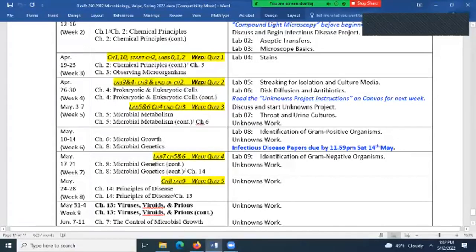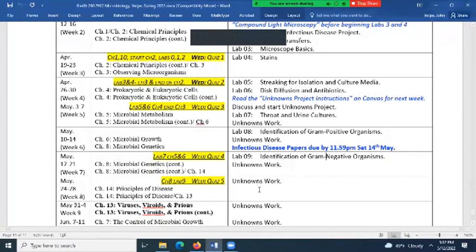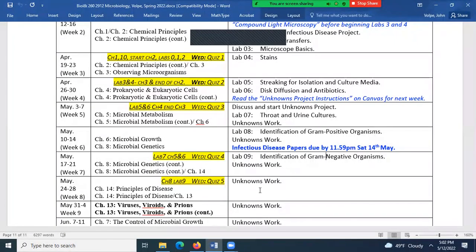I do have a question. Okay, go ahead and ask. For the unknown project, you know how we have that key for the lab this week? Do we have access to something similar for our unknown project? Can you repeat that? I didn't quite understand. For the unknown project, how we have a key this week for lab 8, is there something similar we can use to identify the unknown